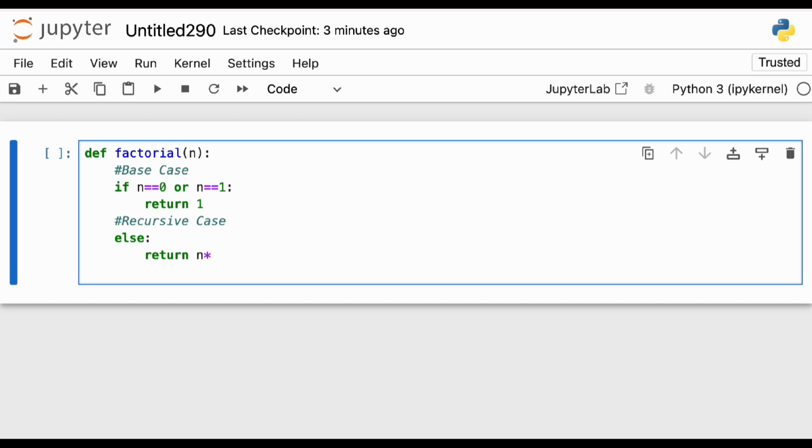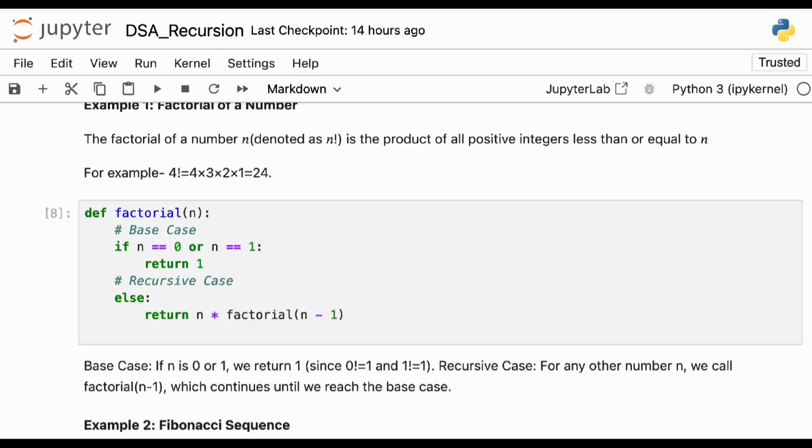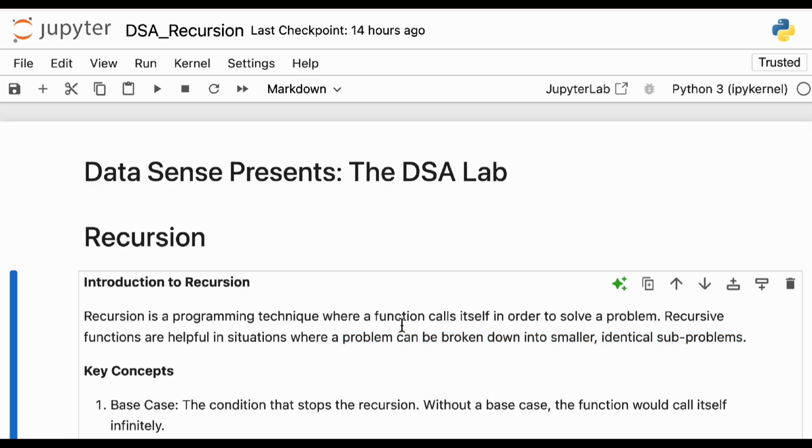So I will call this function directly here. This is a function, and inside it I'm calling that function itself. And this is the definition which you read here, that recursion is a programming technique where a function calls itself in order to solve a problem.